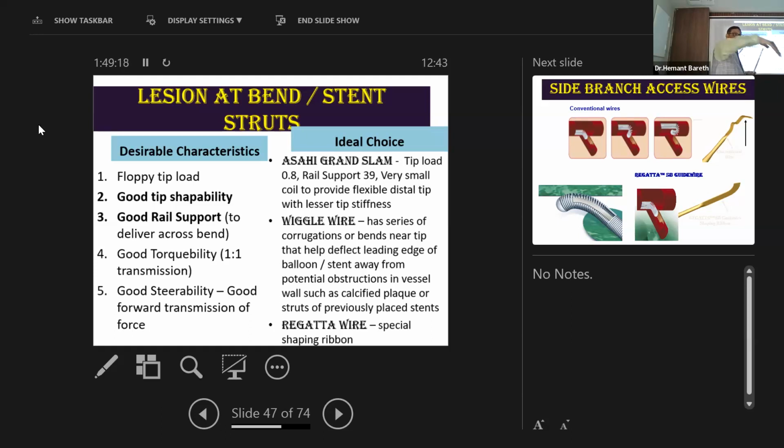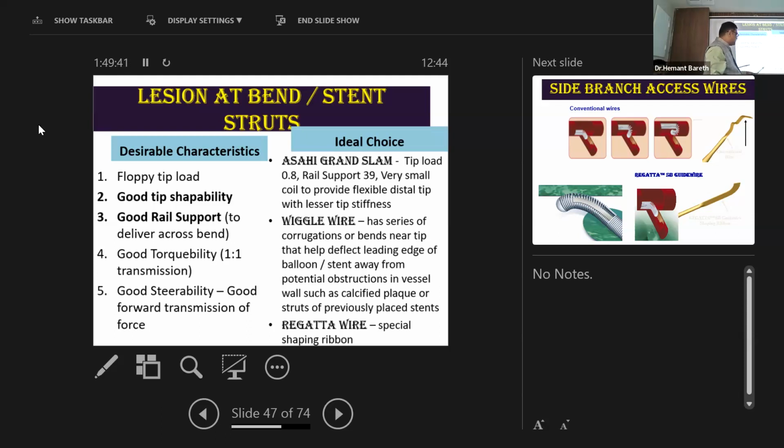It's like a snake. Depending on whether you push, the snake either bites the vessel wall or moves away from the vessel wall. And that helps in many situations, because then you can negotiate through different kinds of bends and different kinds of